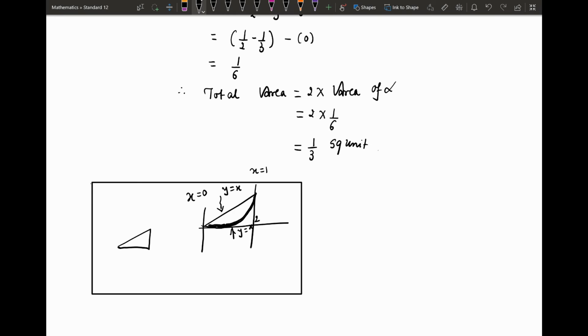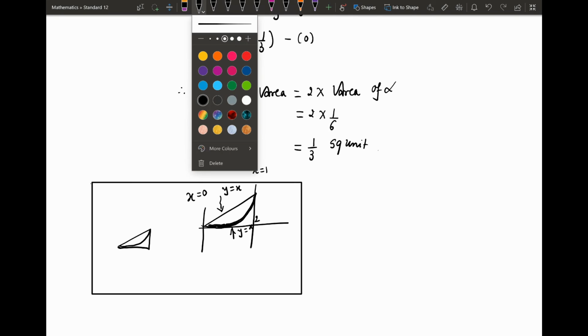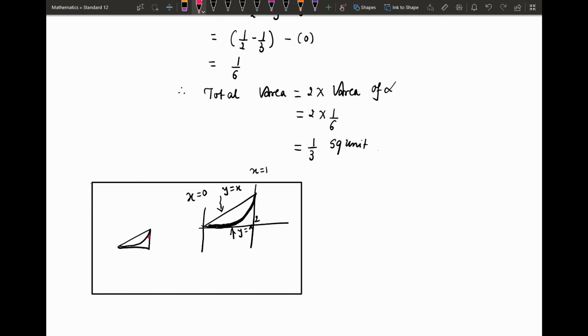and when we subtract y equals x square, that means we are subtracting this portion. So from the entire area, when we subtract this portion,